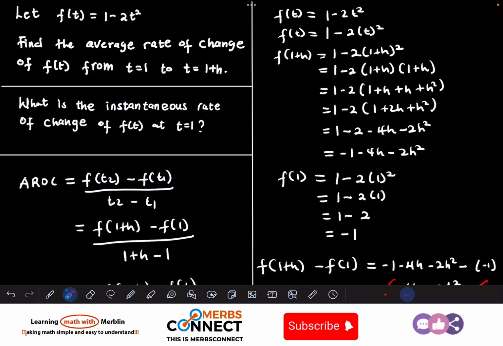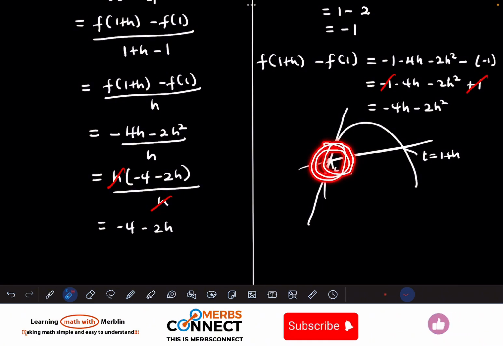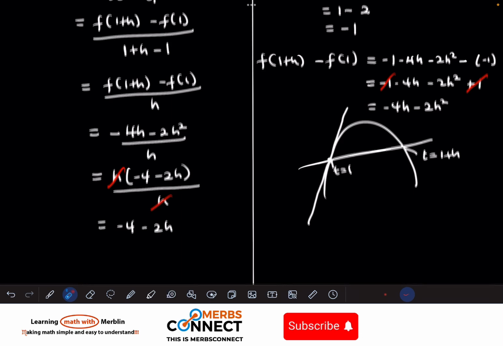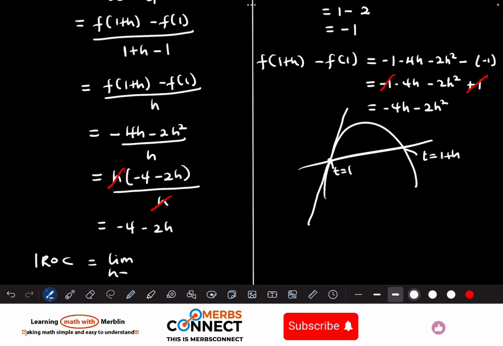Now since the question is asking us to find the instantaneous rate of change at t is equal to 1, then it means that the tangent line should pass through the point when t is equal to what? 1. So what is happening here is the tangent line does not pass through the one with h. So it means that that place is when h is equal to what? 0. So now the instantaneous rate of change is equal to limit as h is approaching what? 0. So now we are looking at limit when this h is getting close to 0. So when we are coming close to this one,